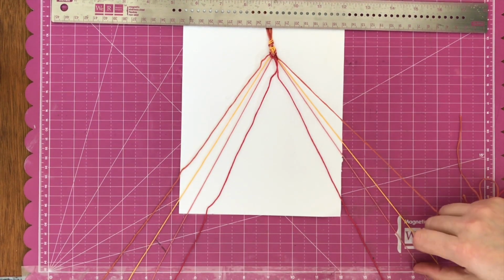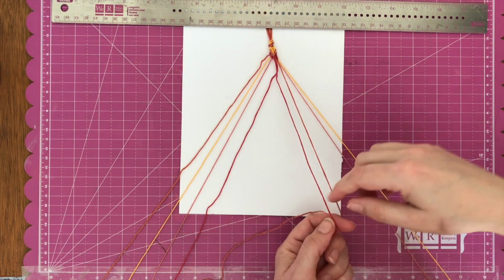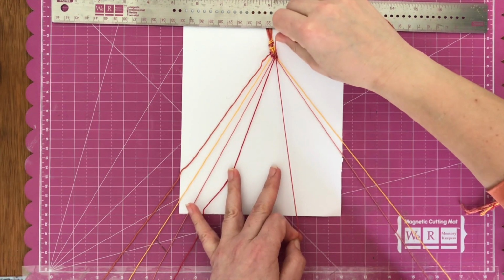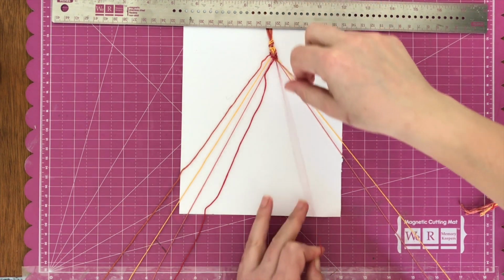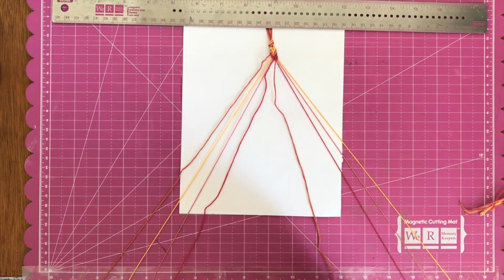And then there's still one more thread to do on this side. That's the red thread for me. The red thread is held taut. I'm looping the rusty thread around it and pulling it up to the top. One more to do because we have 2 loops on each thread. And now I've finished on this side, so I'm going to leave the rusty thread there while I do the